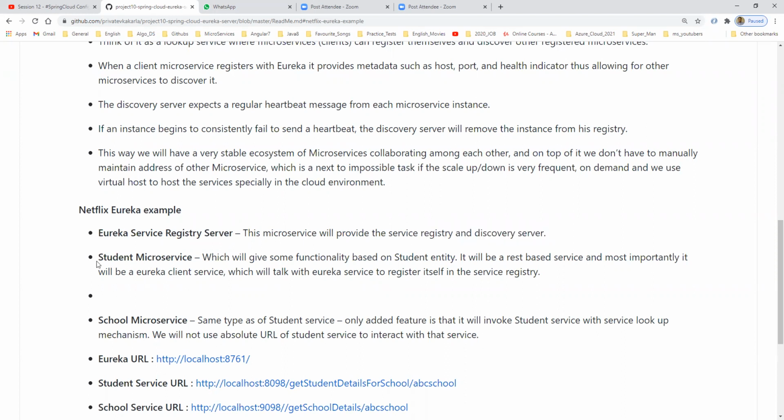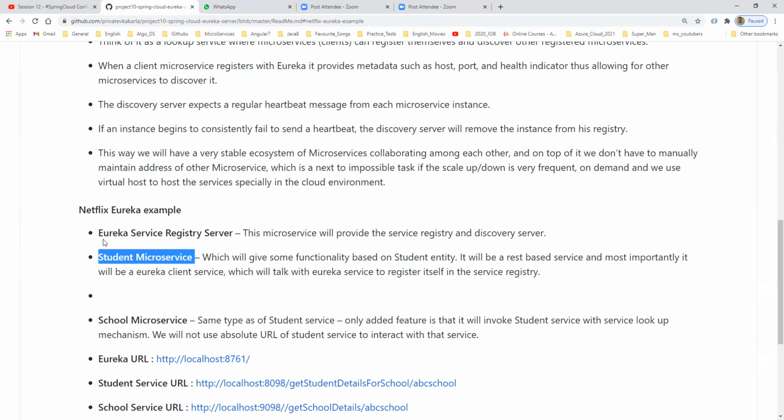Fine. Now I am creating two individual microservices. One is the student microservice, one is the school microservice. We are going to register the student microservice in this Eureka server, and also register the school microservice in this Eureka server. Whenever I give examples, don't dive deep into the inside implementation of the school microservice and student microservice, all the structure we followed previously.